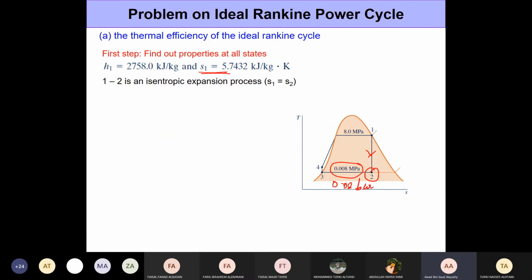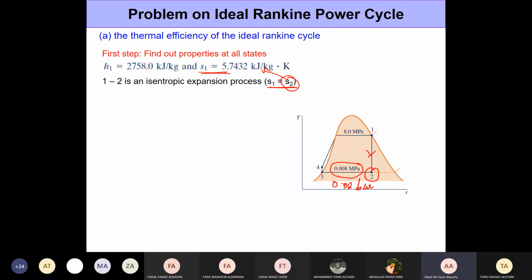As we know from the state postulate, we need two independent intrinsic properties. So the other property that will help us identify the state 2 is the entropy, right? So since 1 to 2 is an isentropic process, S1 is equal to S2. So we know the value of S2 and we know the pressure. Okay. So with the help of these two properties, we will be able to locate state 2 and find out